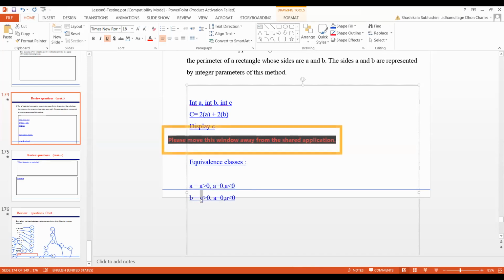Try writing, just write down the equivalence classes here. Then we can move to the next one. Write it down quickly.